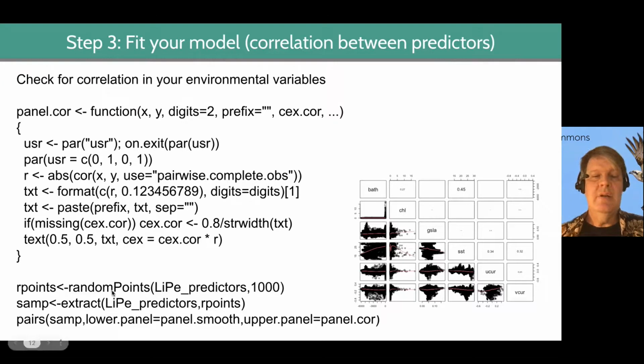And we're going to select a bunch of random points from within that stack. So 1,000 of them. So across our extent, we've got 1,000 random locations that have been selected. We're then going to extract from that stack of data the random point location. We're going to extract the environmental values from our stack using those random points that we